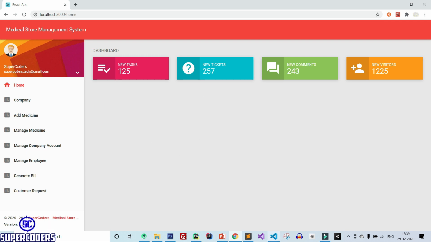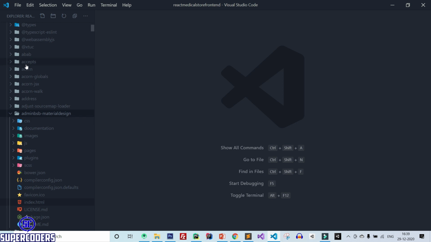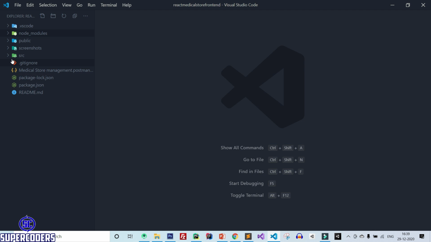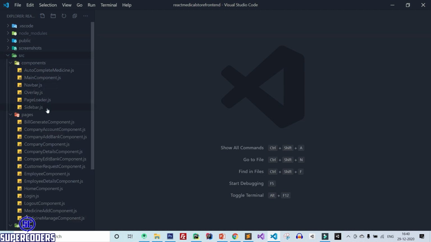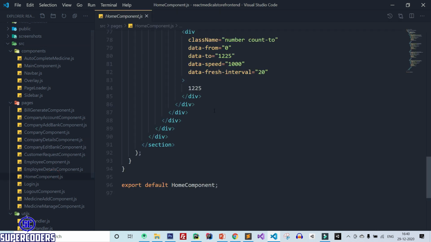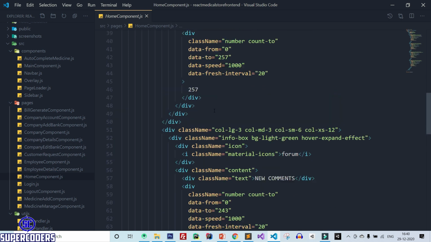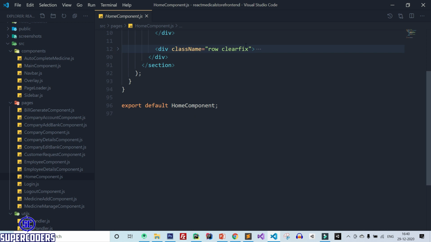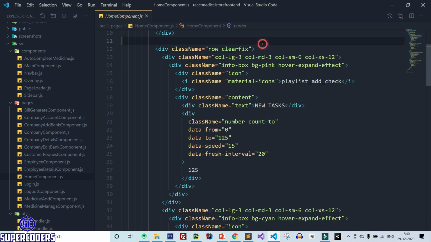So first, back to VS Code and open your home component. And here is the home component. Now after that, do one more thing. Just copy this row multiple times.